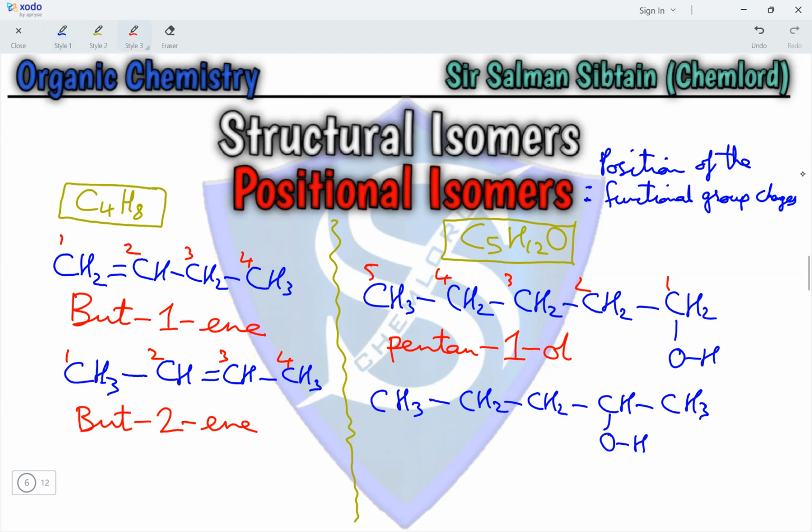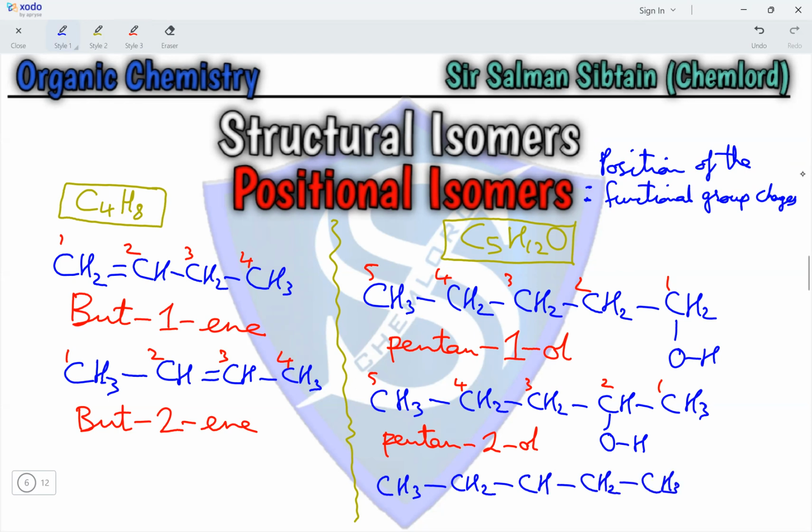So the numbering would begin from right to left, 1, 2, 3, 4, and 5, and the name of this positional isomer of pentane-1-ol becomes pentan-2-ol. Another positional isomer of pentan-1-ol is CH3CH2CHCH2CH3, and the OH is positioned on